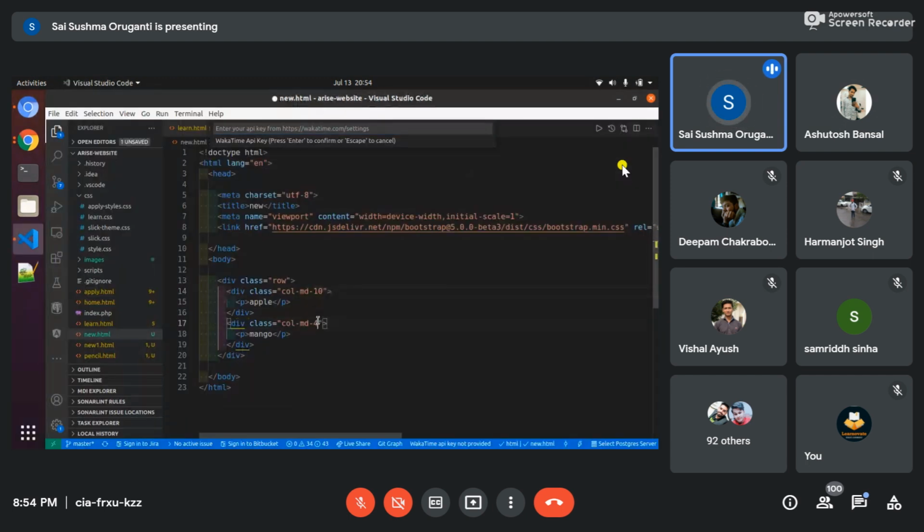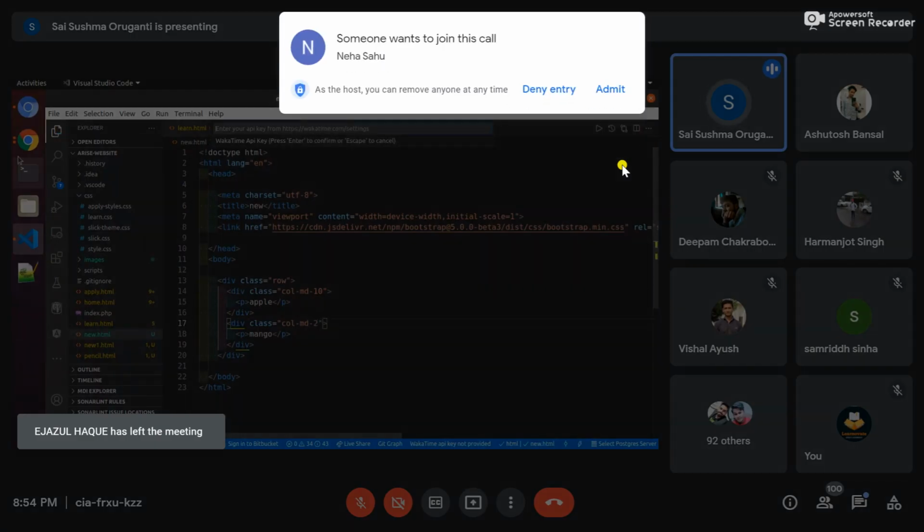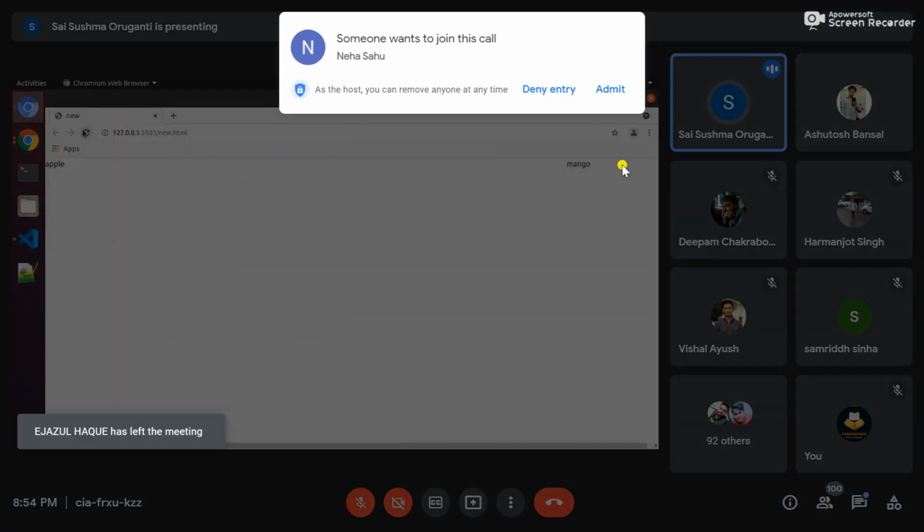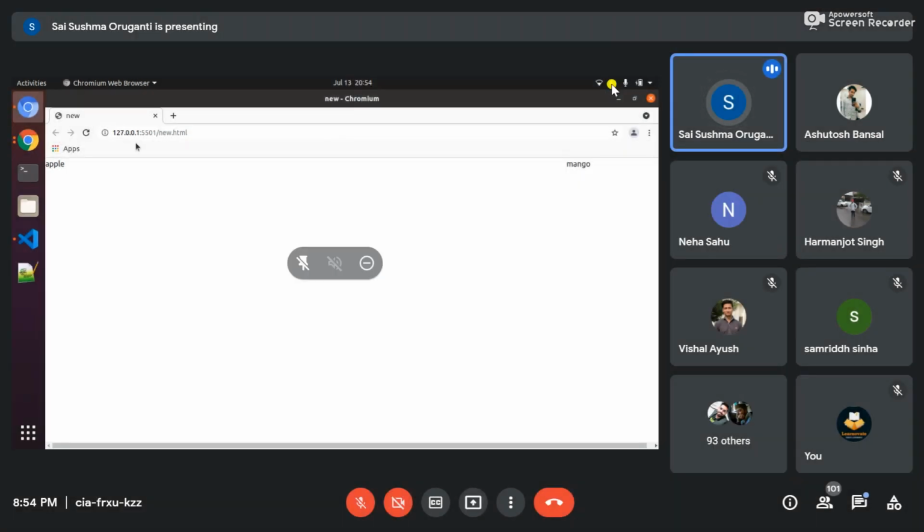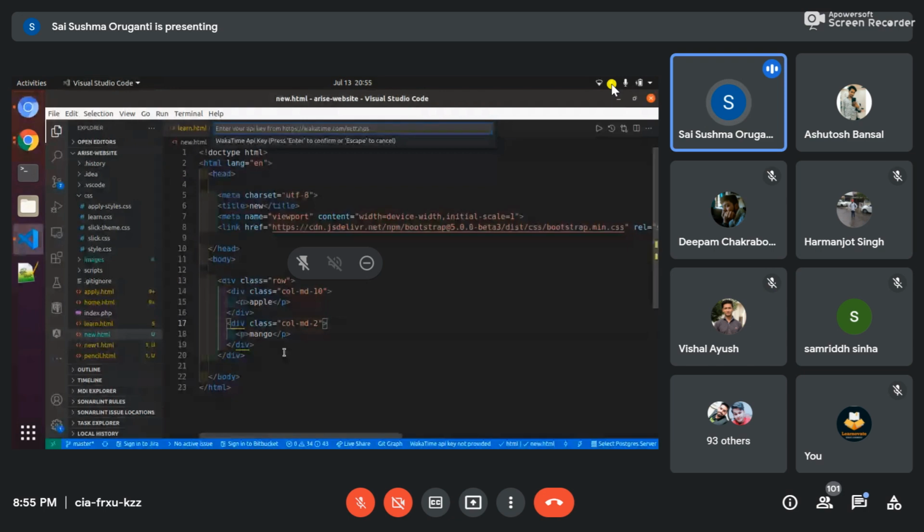So in whatever alignments you want, you can just divide it. See, it has taken 10 parts and it has taken only 2 parts. You can just align this into center by using style, text-align center or text-center. So whatever way you want, you can just align it. This is nothing but grid. Hope it's clear, right? Grid is clear, right?